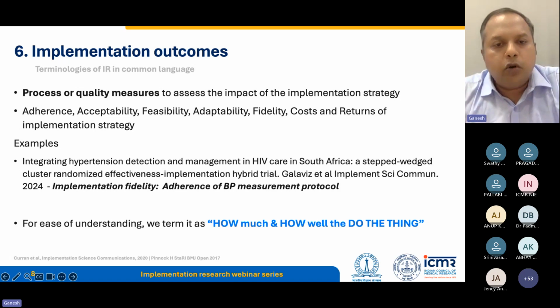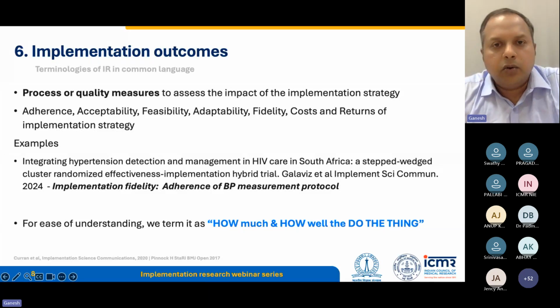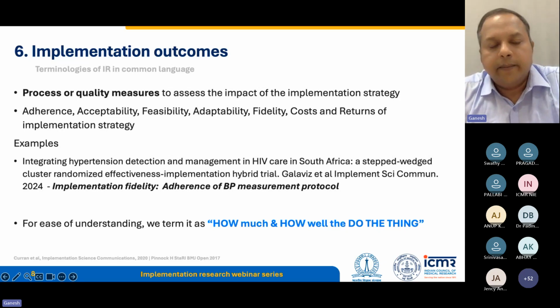And if I just want to pull the previous definition, which is on the strategy: there is a regular clinic which is happening, the HIV clinic care, and there is a focused group of patients who are taking antiretroviral drugs. We wanted to improve their hypertension control, blood pressure control. So let us introduce a program into it. This is a strategy, which means the stuff which we want to introduce in an existing setting. And what we are actually measuring here as implementation outcome is the adherence of the